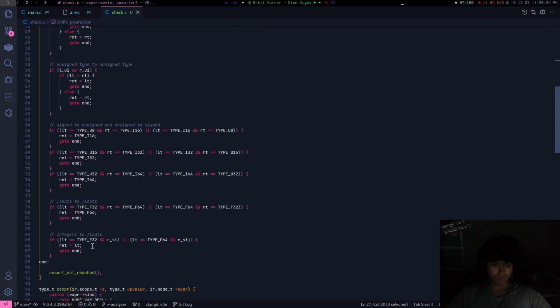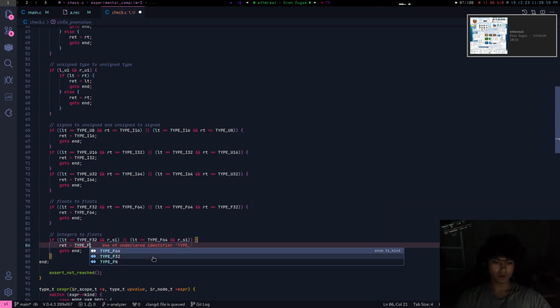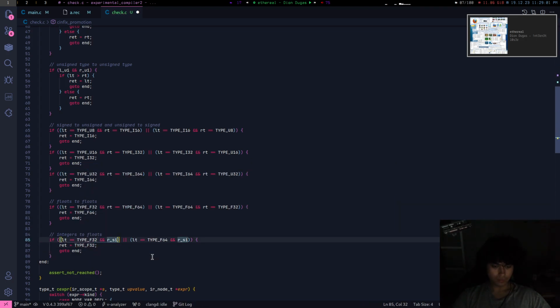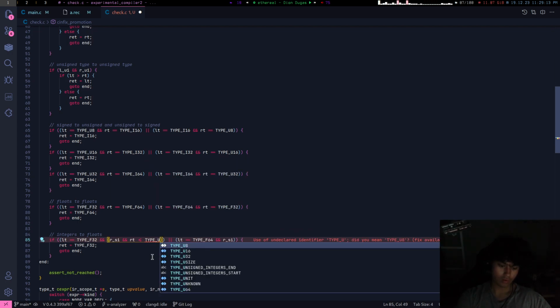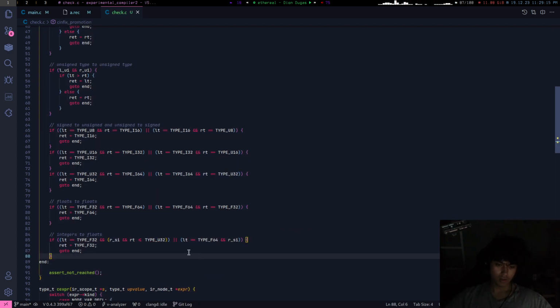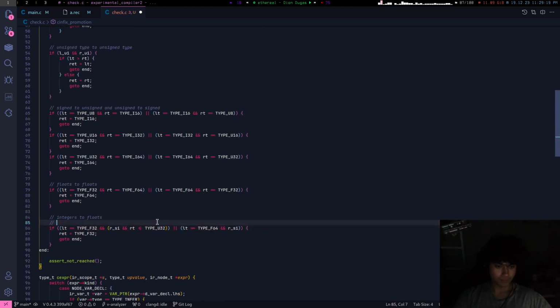So result type F32. And right type is less than or equal to type U32. A U32 can't go into an F32.